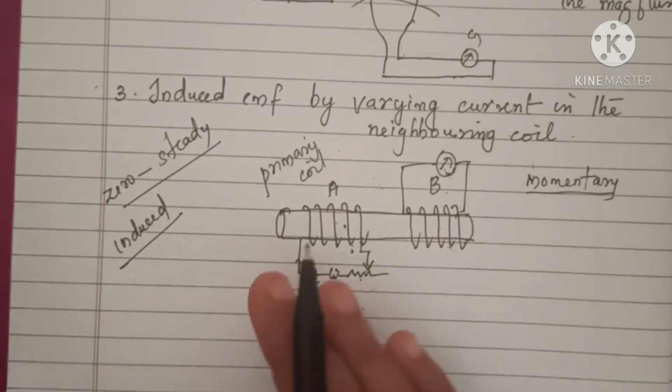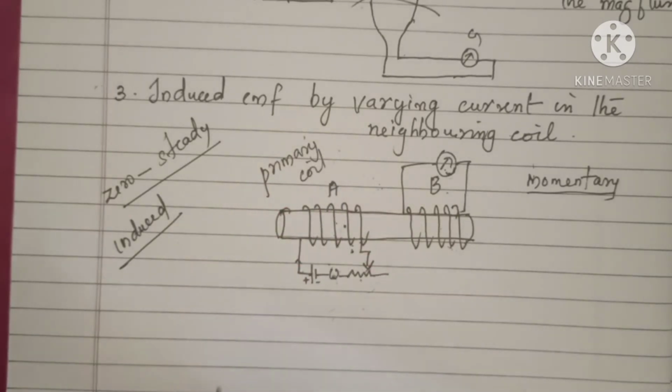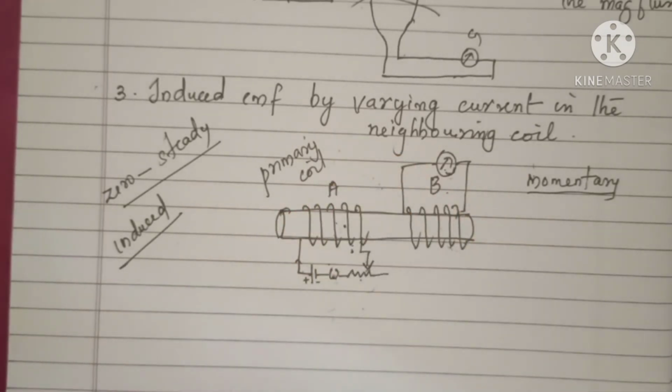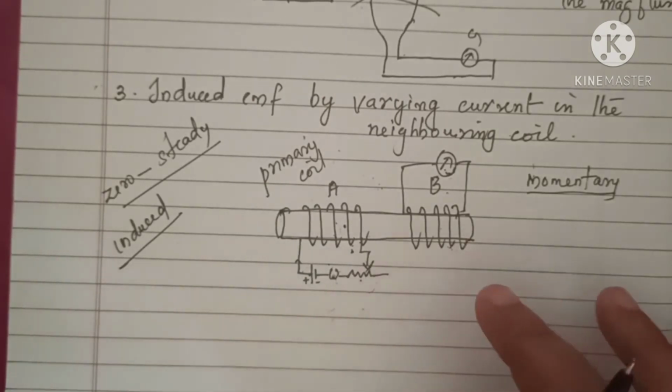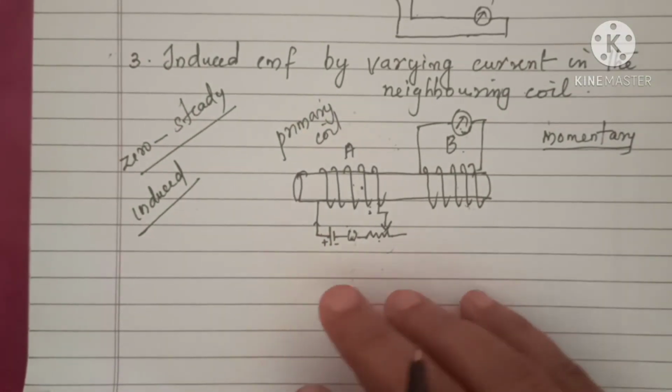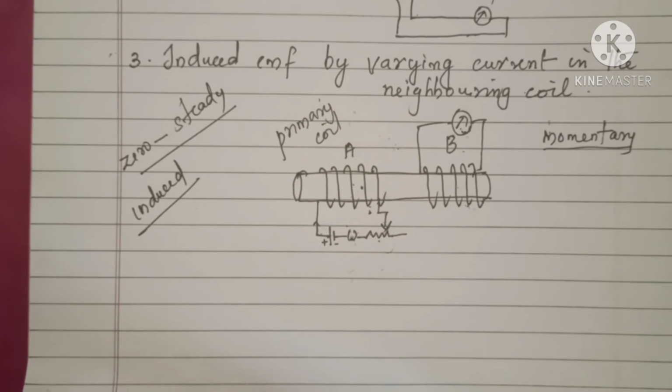Only when you are making any sort of change, either by increasing or by decreasing, or by switching it on or by switching it off, at that time only you can see a deflection in the galvanometer. If a steady current flows, it doesn't cause any change in the magnetic flux, thereby no change in the galvanometer also. Understood? So these are the observations. Now from these experiments you can conclude, you can write two statements. Okay, that's the statement that Faraday derived after conducting the experiment.